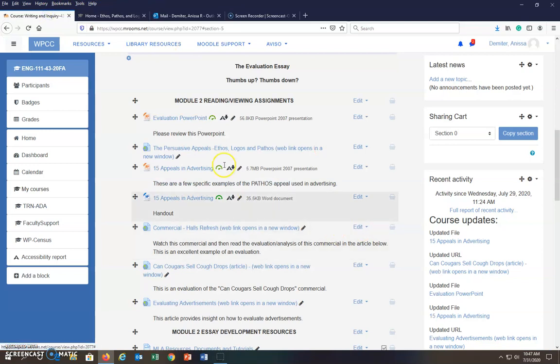Now let's go back. I've also included a PowerPoint, but I've also put that same PowerPoint in a document format, and it's called 15 Appeals in Advertising. A lot of these appeals are considered to be pathos because they are targeting certain audiences, certain emotions, certain feelings, and things like that. So you can definitely click on that to help you with your decisions in choosing what your criteria will be